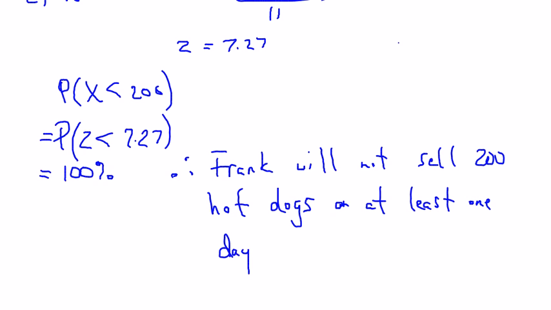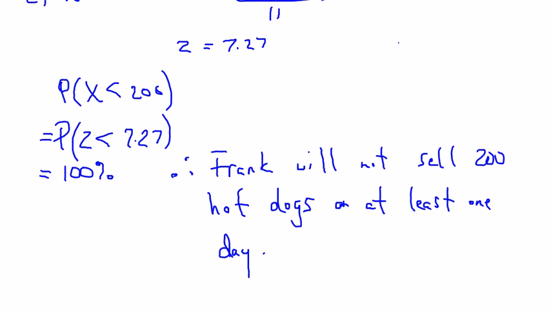Now, famous last words. This is assuming that all of those days are equivalent. The model breaks down if suddenly Frank hires an extra truck or goes to a festival where there are 20 times more people than normal, and then you throw all of this modeling out the window.